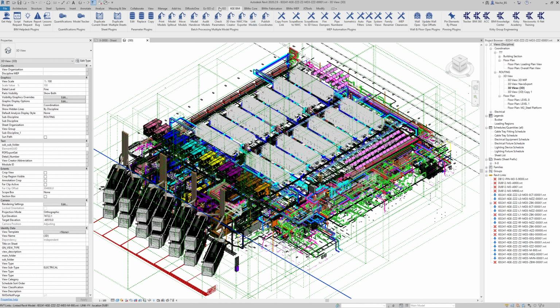So the first thing you need to do is go to the Kirby BIM tab inside Revit. And then you're going to find this plugin here. It's called ScopeBoxes to 3D views. So whenever we click on the plugin,